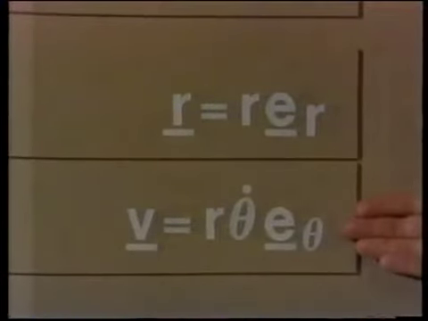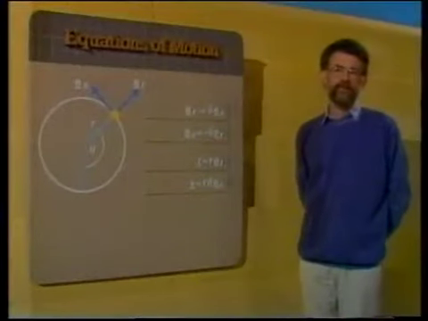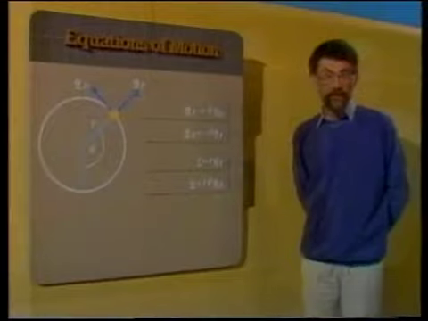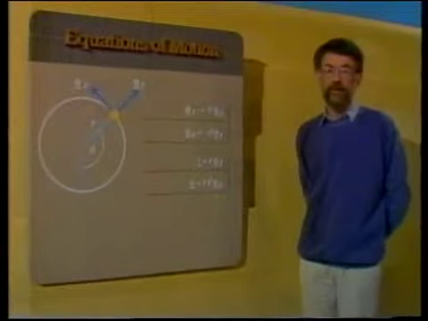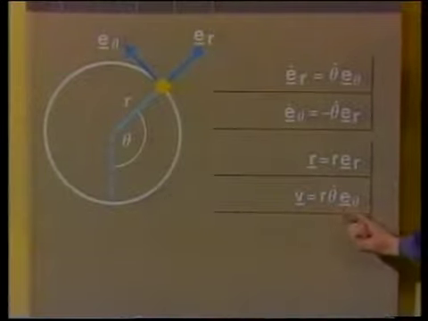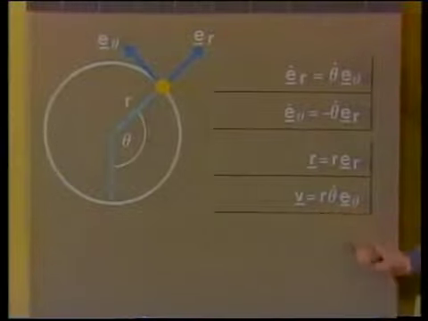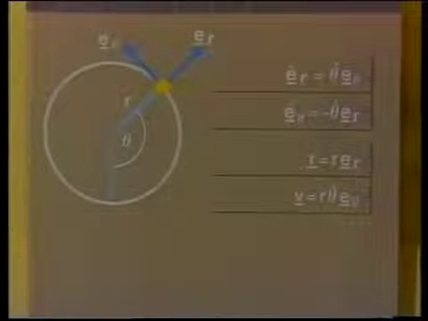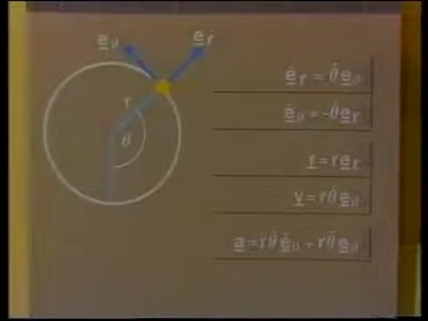Here are the results we've already established: the derivatives of er and e theta, and the expressions for the position and velocity. So what about the acceleration? Well, that's v dot, so we need to differentiate again. And this time we have to differentiate a product of a scalar, r theta dot, times a vector, e theta. We differentiate that just as though it was an ordinary product. And we get a is r theta dot e theta dot plus r theta double dot e theta,